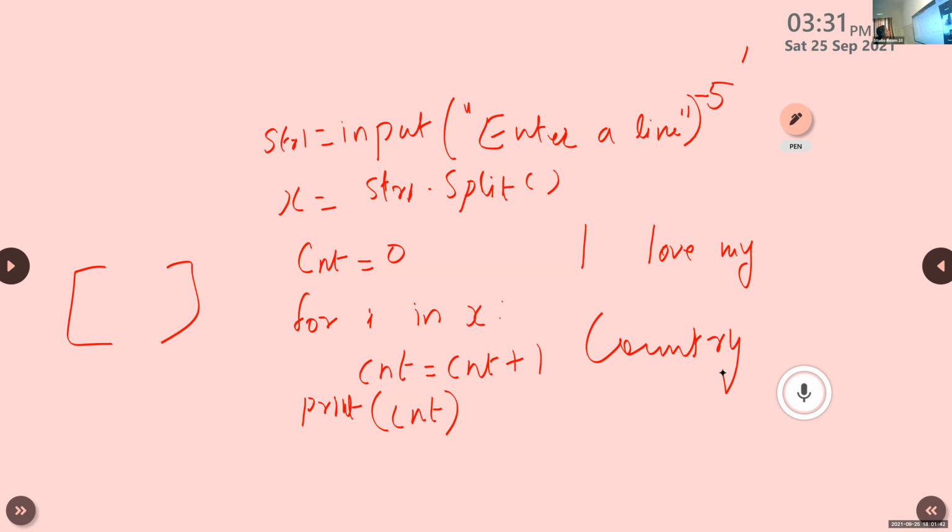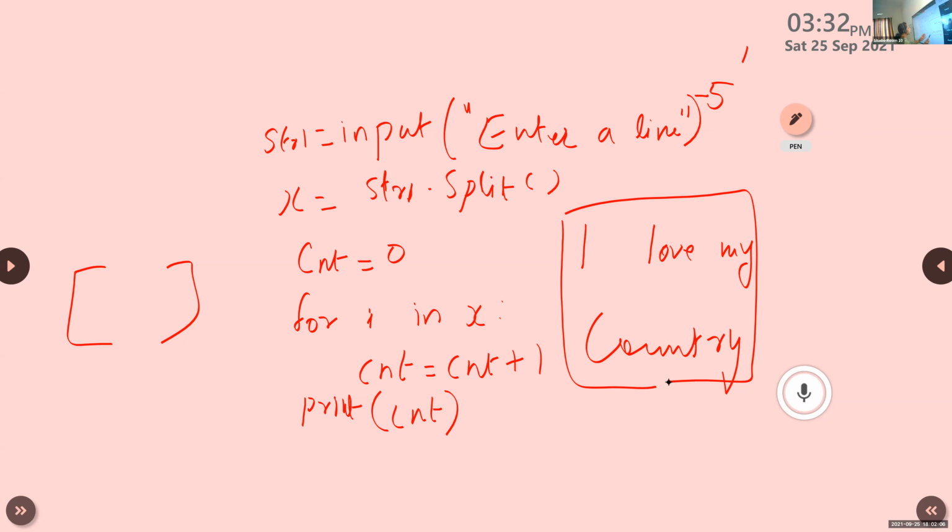X is equal to string1.split, where s is a small letter, split with empty brackets. This string1 is the content of string 1. The split function will split this string into different words, that is, I is the first word, love is the second word, my is the third word, and country is the last word.